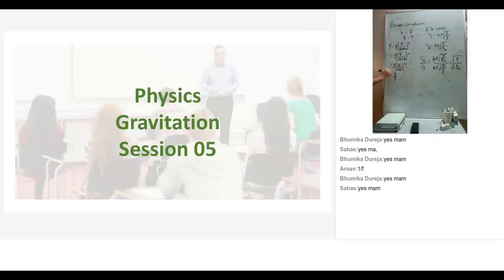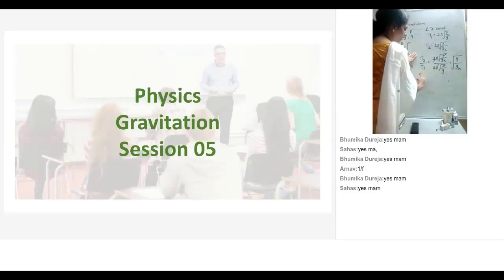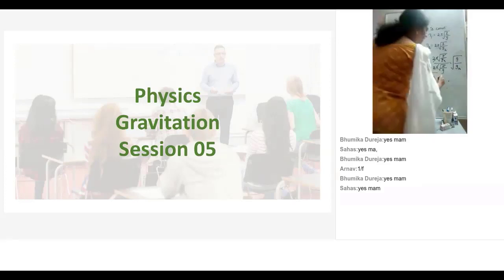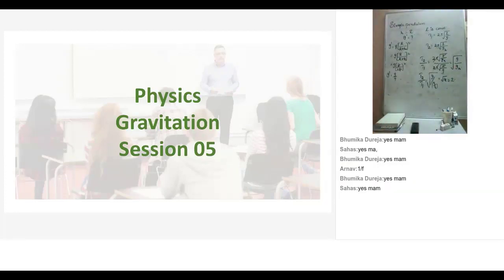So I get a new acceleration due to gravity g by 4, which means at a height equal to the radius of the Earth, acceleration due to gravity will be 4 times lesser than its original value. So the new gravity will have a value g by 4. Now if I substitute that value here, T2 by T1 becomes root over G divided by G by 4. G and G get cancelled out and you will have root 4 which is equal to 2. So finally you can write T2 is to T1 is equal to 2 is to 1.